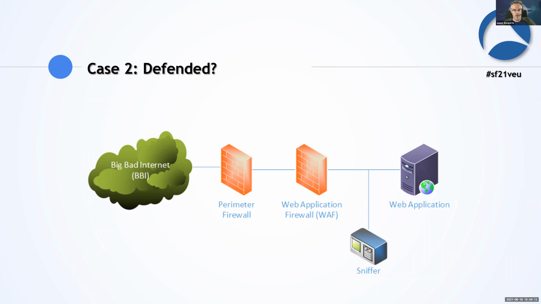Here's their setup. At least they had two firewalls. In this case, they had the parameter firewall and the web application firewall. Well, they had that after the fact. So it's basically like the first case. And the sniffer was placed between the web application firewall and the web application itself. Actually, this was a bit of an issue, because both the web application firewall and the web application were virtual machines. So in this case, I had to capture on a virtual machine inside their virtual infrastructure using a distributed switch and using a span port on this virtual switch and getting all the packets.